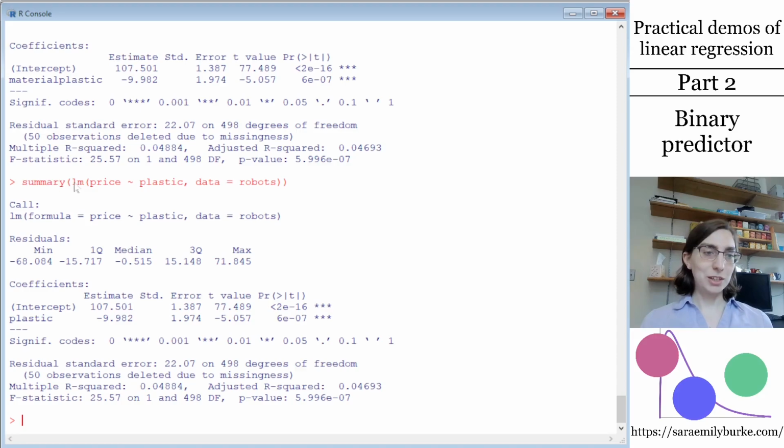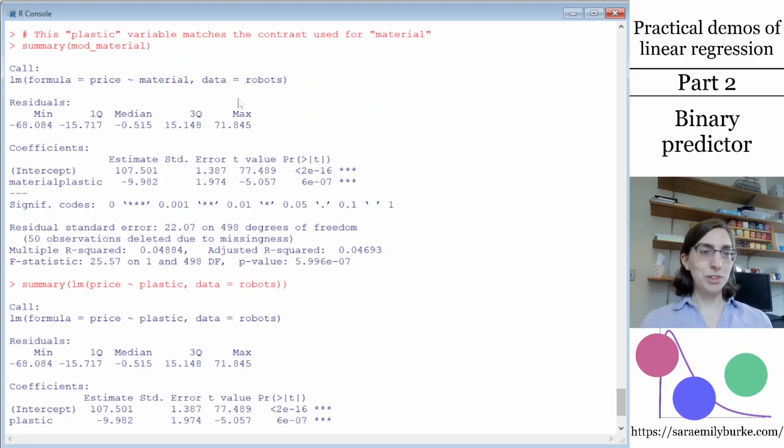In this case, I'm doing that because I'm not going to do anything else with this version of the model. I'm only showing it to illustrate that it's exactly the same regression model. The intercept is the same. The slope is the same. Everything about the model output is the same, because converting the material vector to a column of ones and zeros,